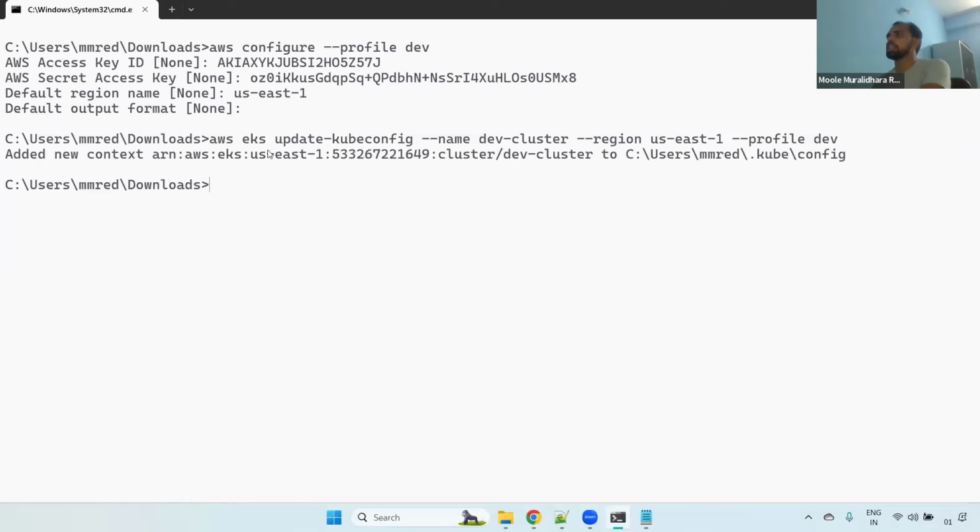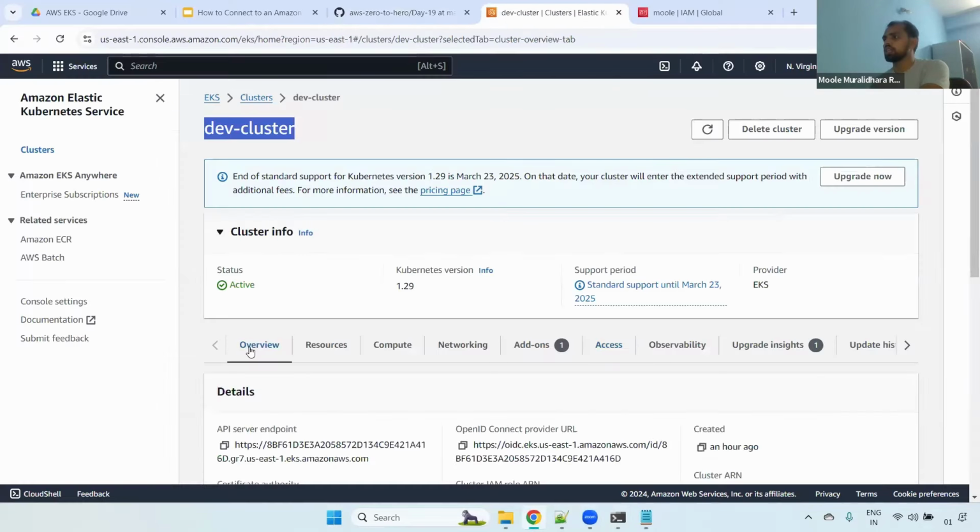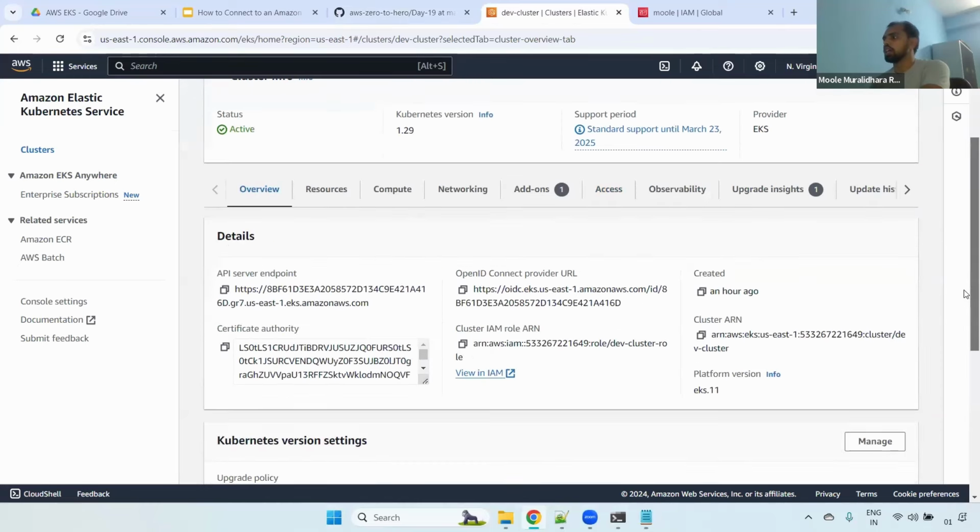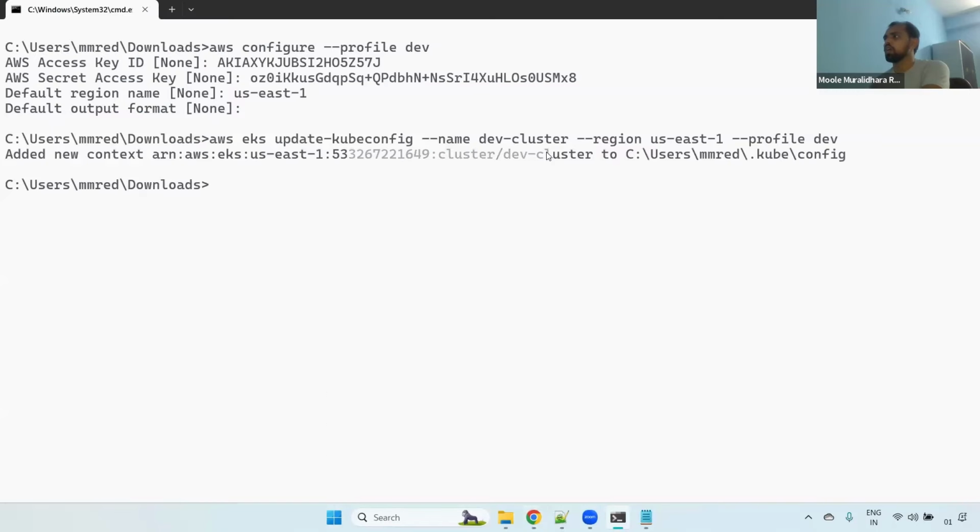It is added. This is the ARN of that particular EKS cluster. You can also verify here. Go to the EKS cluster and you can see that particular ARN as well. Okay, cluster ARN. If you see here, AWS EKS specific cluster, dev cluster, you can see the same name. Okay, and then remember when you use this EKS command, right? Inside that